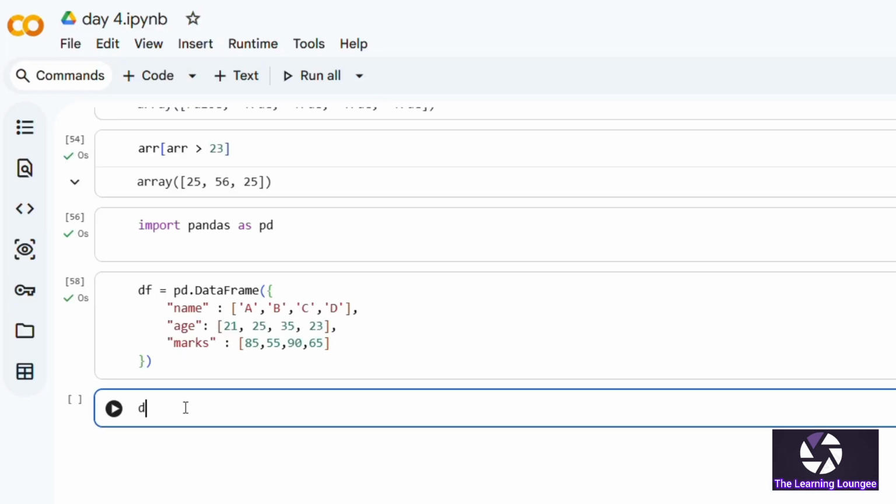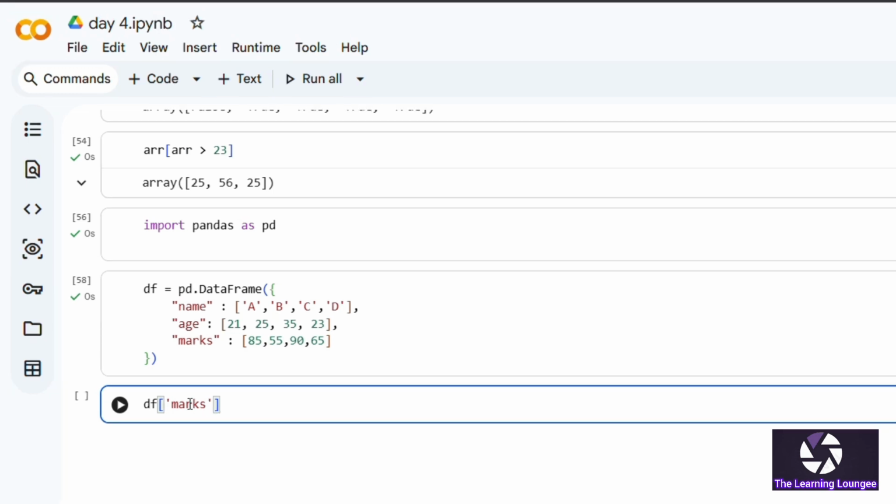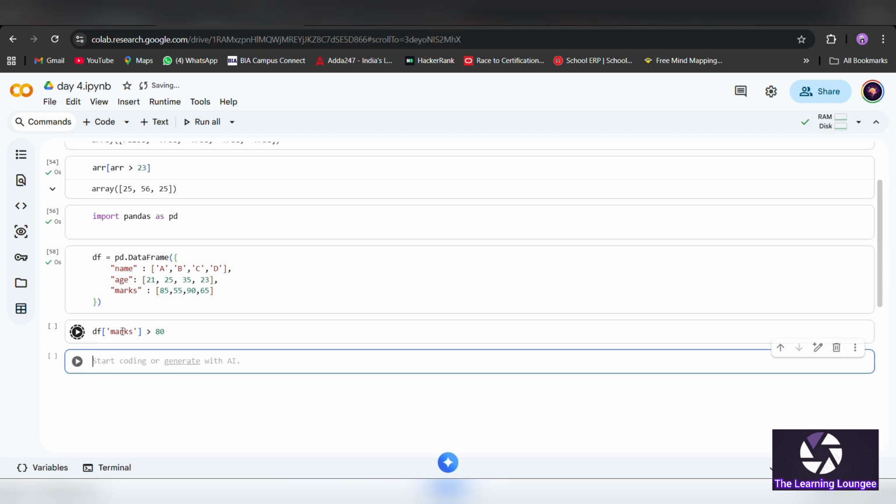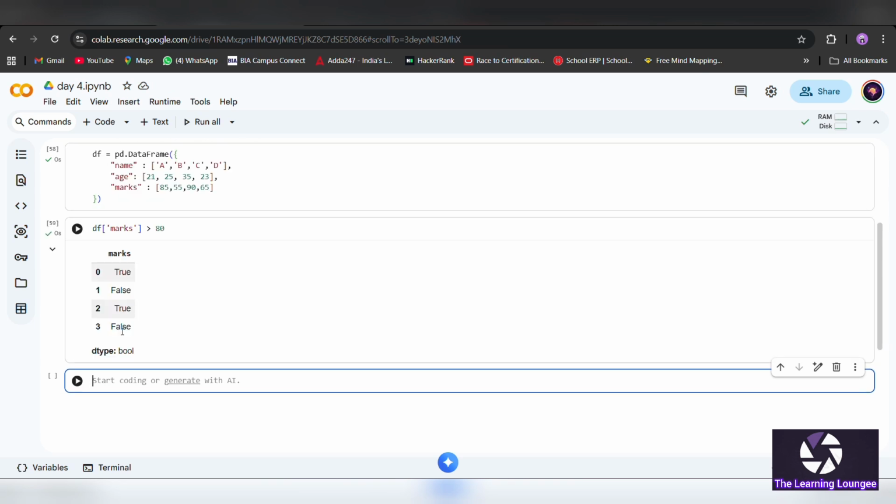So working in that manner only, first we will access the marks, because we have to take out the student data whose marks are above 80. So we would be accessing the marks column first. So marks is greater than 80. Now just pause the video, and if you can recap, what will be the output we will be getting? Think logically, don't apply too much brains and all. Just think logically. Yes, we would be getting the output as true and false,